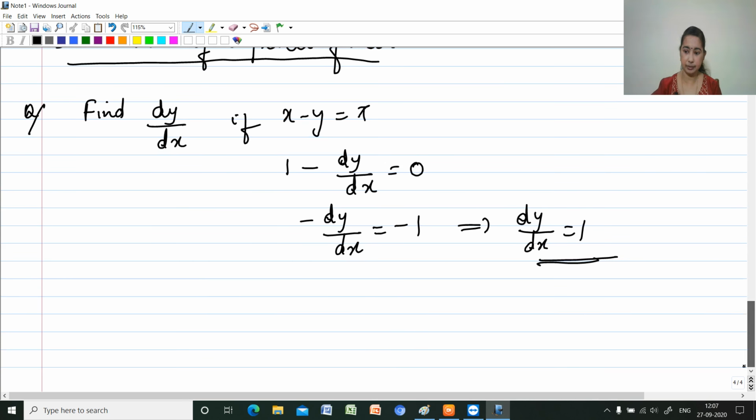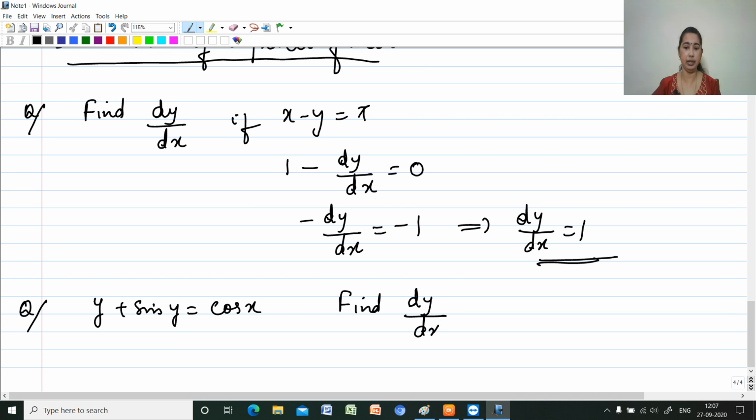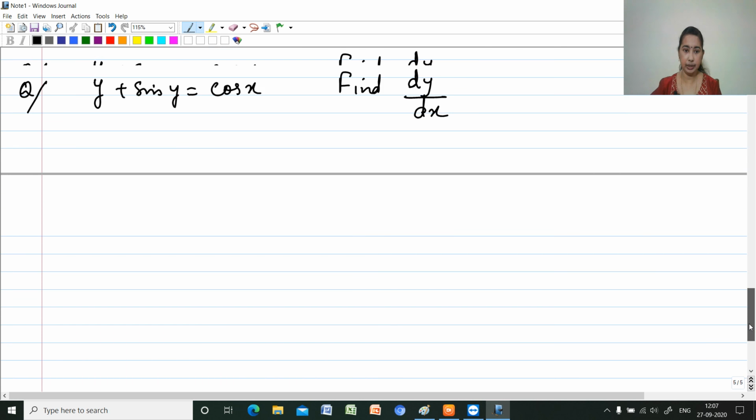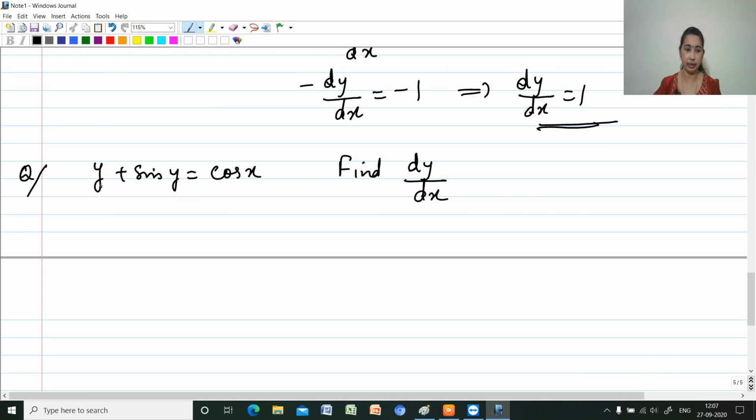Then next question, find dy by dx if y plus sin y is equal to cos x. So we are finding out what is the derivative, dy by dx. Now differentiating that with respect to x, derivative of y with respect to x is dy by dx, plus derivative of sin y is cos y. Again differentiating y, we have to write it as dy by dx